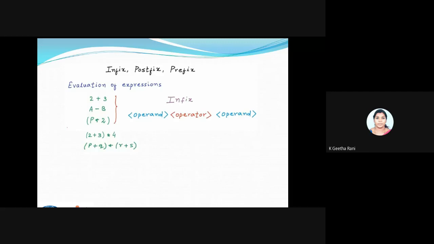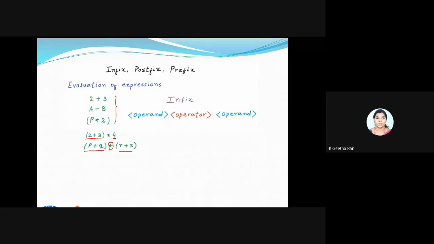You can see one more example. The whole expression will act as an operand, star is an operator, and 4 is another operand. Likewise, for this one also the whole expression acts as an operand, this is an operator, and again I'm giving r plus s in a bracket, which acts as an operand.